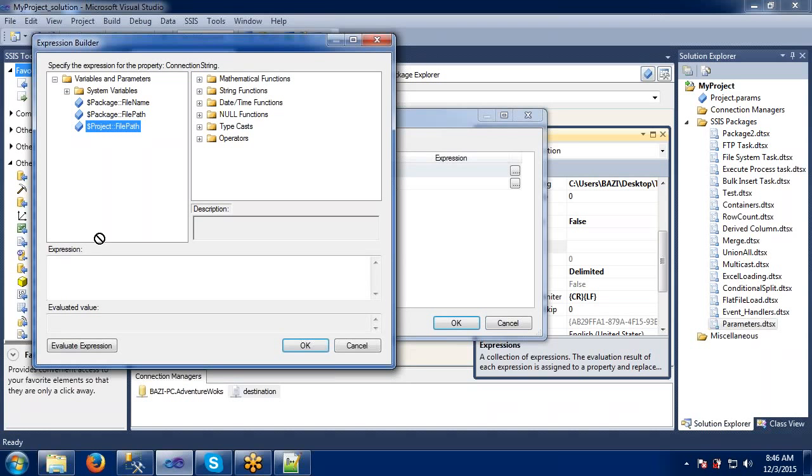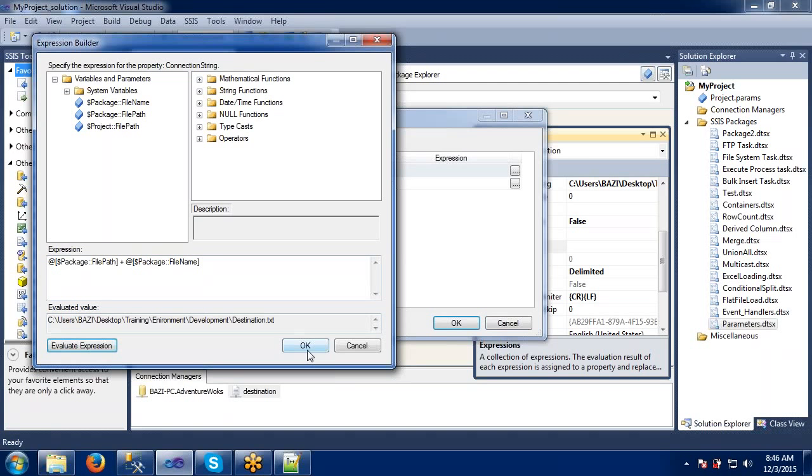Now I want to capture the file path plus the file name. Okay, just evaluate this one. If you see this, this expression is capturing the entire path, slash, plus the file name. It means that in this path the files will be created dynamically like this. We are handling it through expressions.